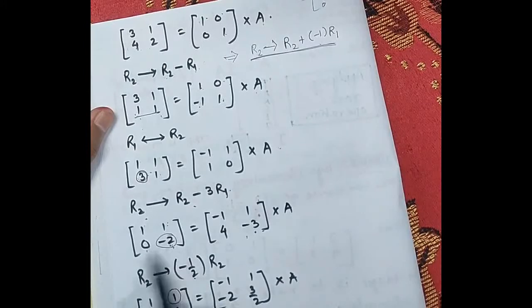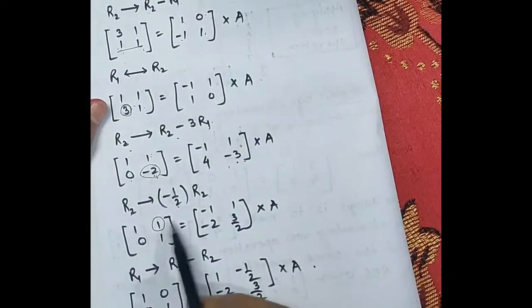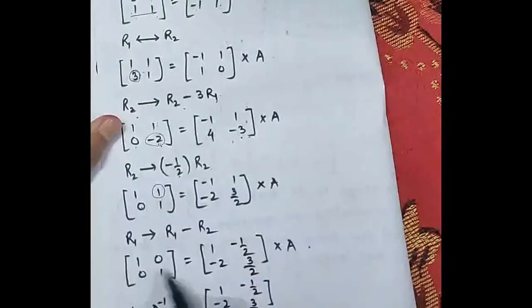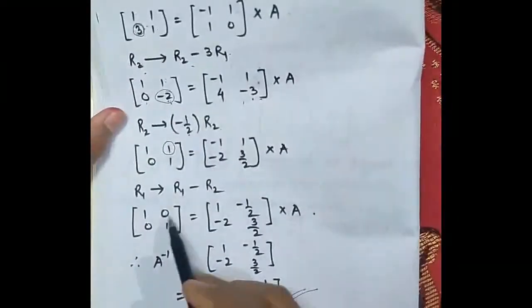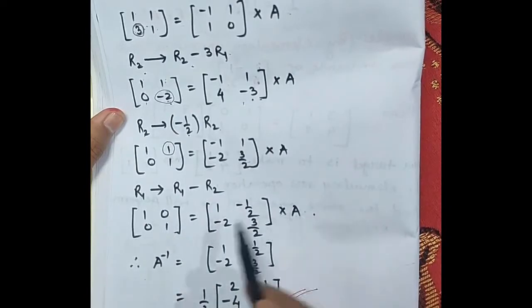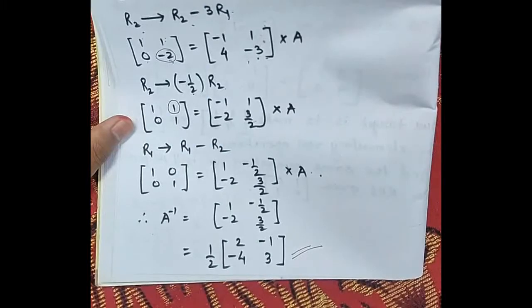If you multiply minus half with row 2, directly you will get 1. So minus half we are multiplying with R2, so it is coming 1. Now if we perform R1 minus R2, this will become 0, and 1 minus 0, 1. So the identity matrix is coming. And by the same elementary row operation you are getting this. So I equals B into A is coming. So this is the value of A inverse. Like this, by applying elementary row operations, you have to find A inverse.